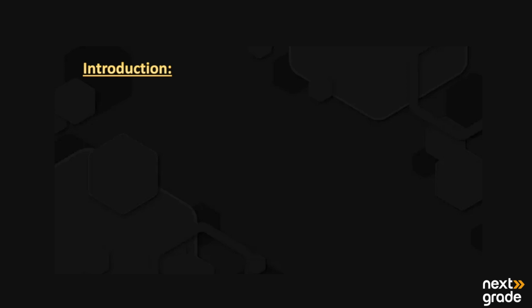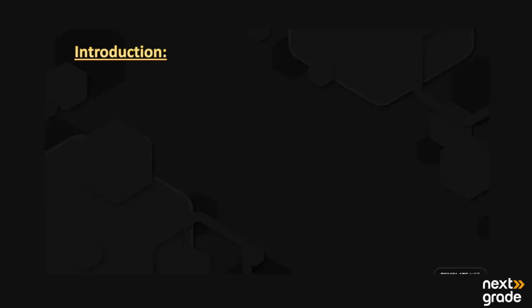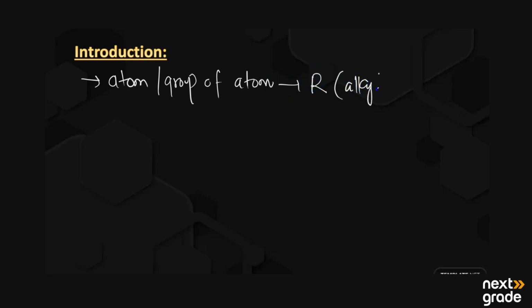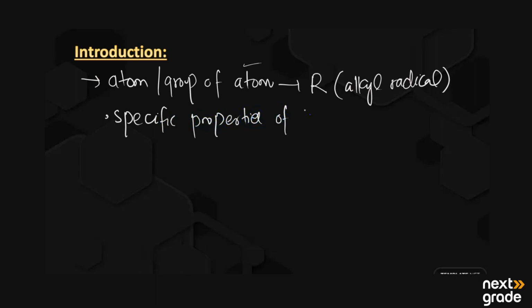For the introduction, a functional group by definition is an atom or a group of atoms, and these groups of atoms are attached with the R, where R is the alkyl radical, and this group of atoms is responsible for the specific properties of organic